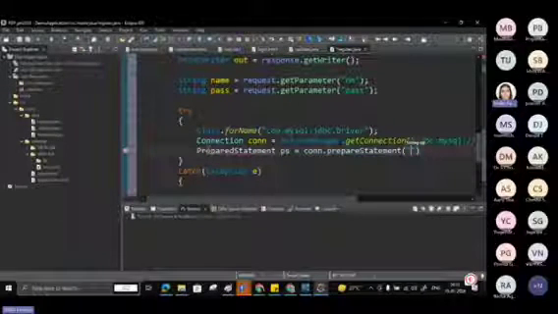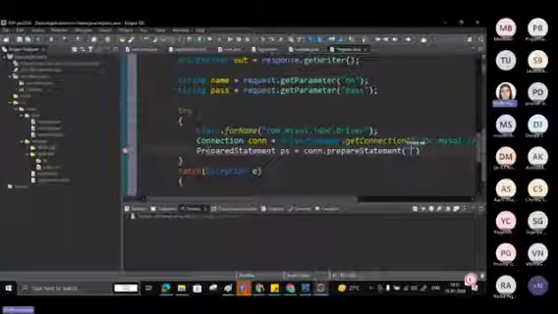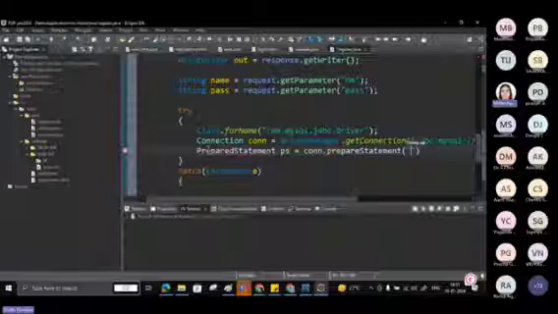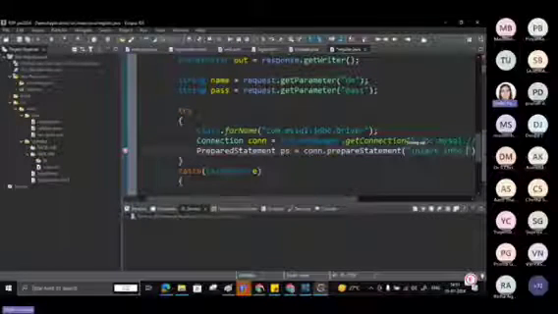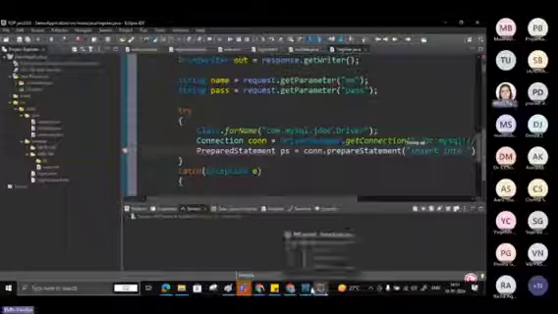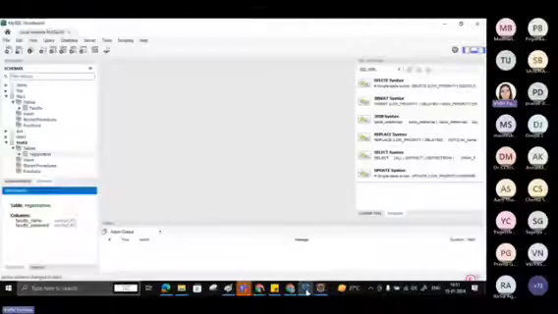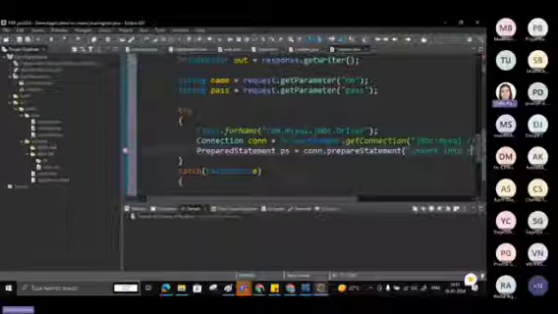And in this prepareStatement, we will pass our SQL query. As this is the registration, we want to insert the data into our table. So here the query will be insert into, what is the table name? I think it is register, right? What was the table name? Registration. Registration is the table name. So here, insert into registration,